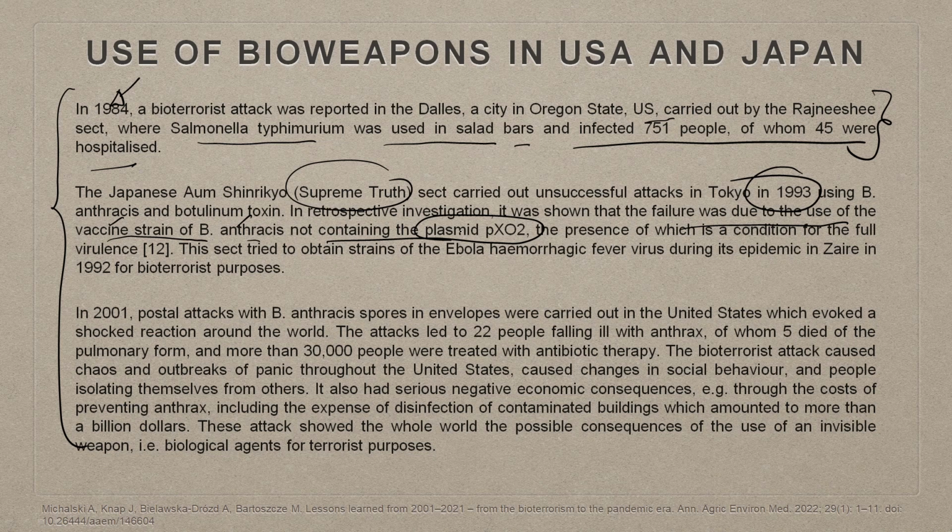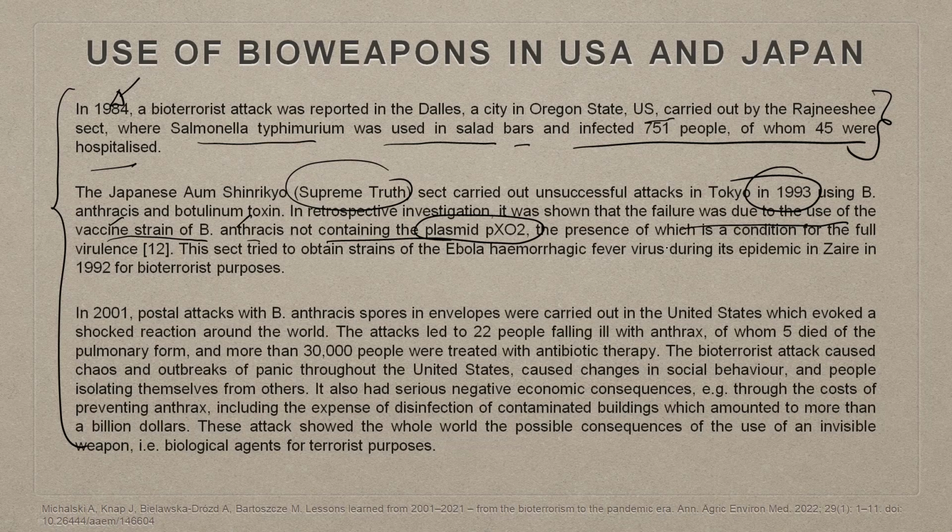So, it is very clear that after the discovery and understanding of the DNA structure, and with the advent of the polymerase chain reaction, PCR, commonly known in biotechnology, the race for biological weapon development, or engineering biological weapons, got a tremendous momentum and boost, because you could produce the specific nucleic acid at a very rapid pace, okay? And in the presence of which is a condition of full virulence. So, the sect tried to obtain a strain of Ebola, hemorrhagic fever virus, and we will talk about that later, from Zaire in 1992. So, you look at it: 1984,